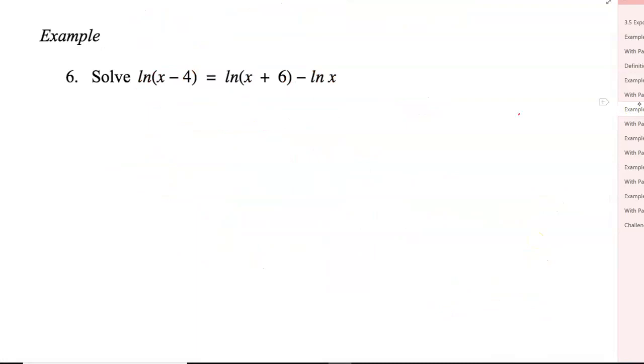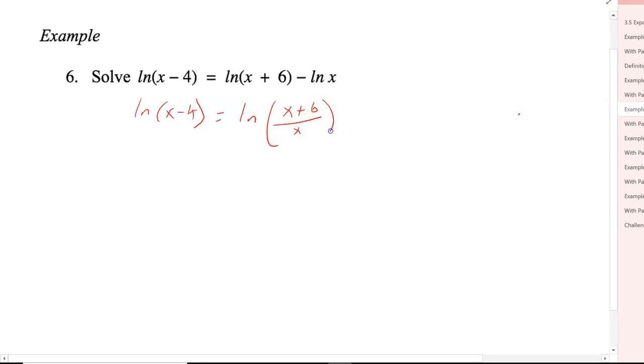Now let's look at another example real quick. We ask you to solve ln of x minus 4 equals ln of x plus 6 minus ln of x. We're going to apply a law of logs, the quotient law, because of the subtraction of the ln's. So this is ln of x minus 4 is equal to the ln of x plus 6